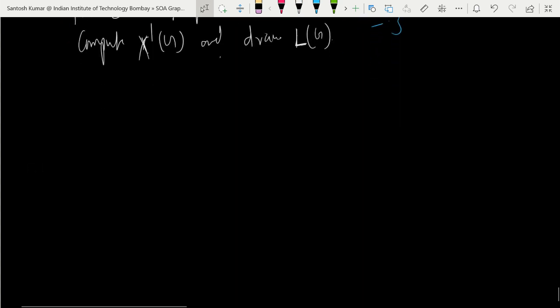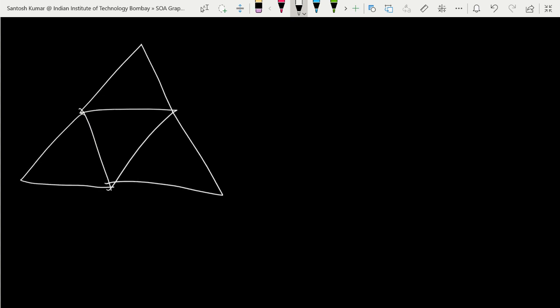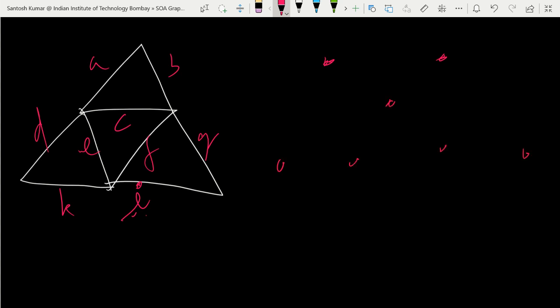Okay, still let's write. So edges are converted into vertices. For part A, I will repeat because this may help you, especially those who could not understand. Let's name the edges: A, B, C, D, E, F, G, H, I. Those who were in the last class or who paid attention will feel it is easy.